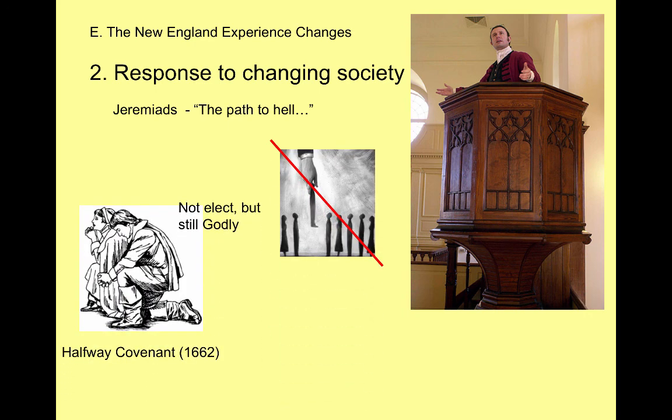Next, here's another result of this tension that's resulting as community starts to fall apart. We get the halfway covenant. Now, when New England was first created, the people who could vote in the town hall were, like I said, property-owning, white males who were full members of the church. To be a full member of a Puritan church, you had to jump through a certain amount of hoops. You had to demonstrate that you were committed to God and the community.